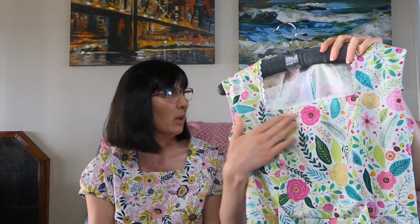Yeah, like the length from here to here, the facing was smaller than that. That's right, yes. And we both tried numerous times, but neither of us could get the facing to fit in there. So in the end, we decided that we would put a bias binding around it, and I think that has worked quite well, although it was a little bit difficult, like at the square bit, for me to get that around. And then after seeing Mum's, I decided to put lace around my neckline as well, and I'm